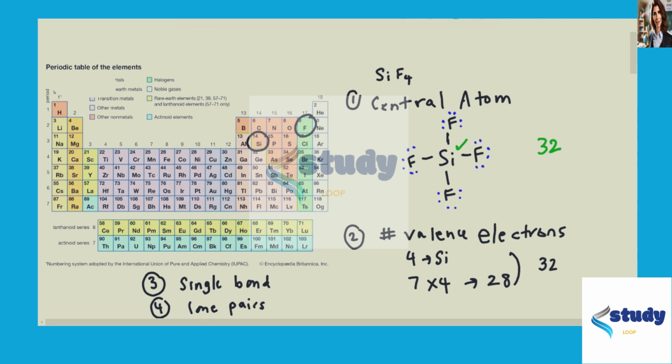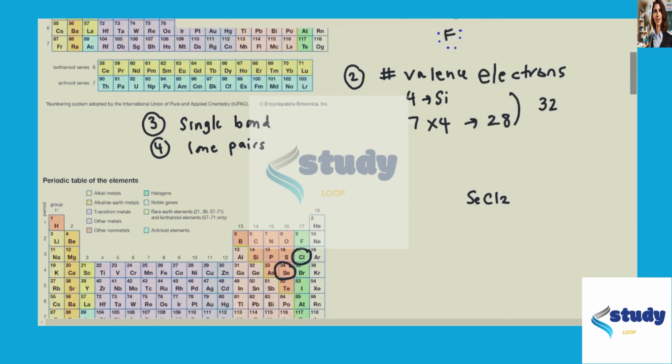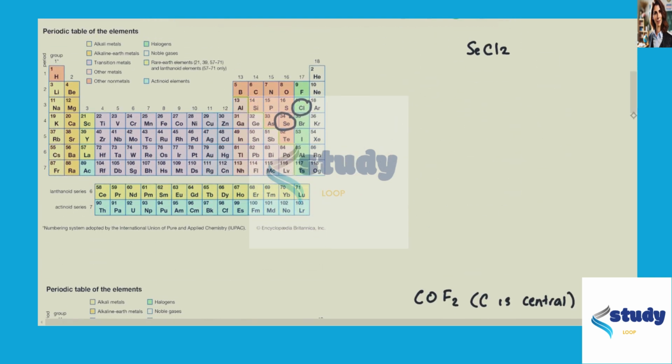We don't have to do this additional step here, but sometimes you may, if your central atom does not end up with an octet, you will have to then transfer one of the lone pairs to form a double bond. And we may see that in a future example, but for this example, we're all set. Okay, the very next example, we'll go through this a little bit more quickly now that we've gotten through the